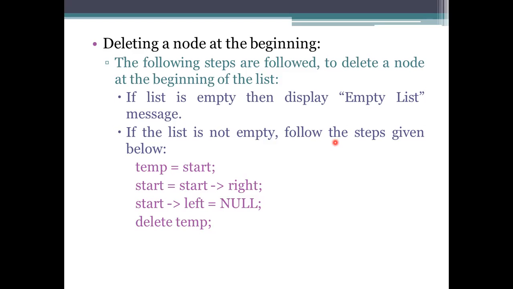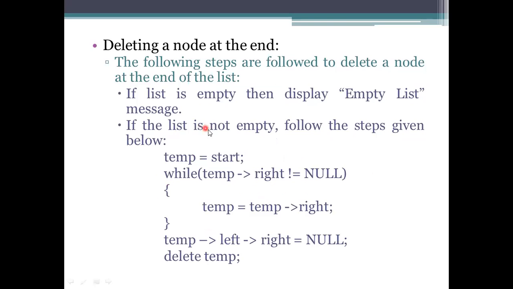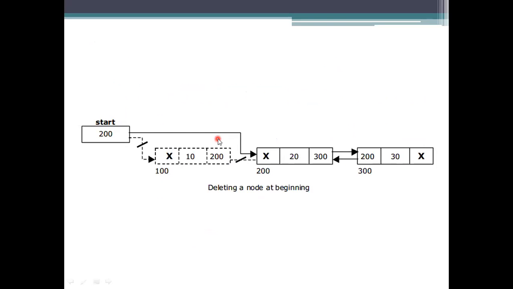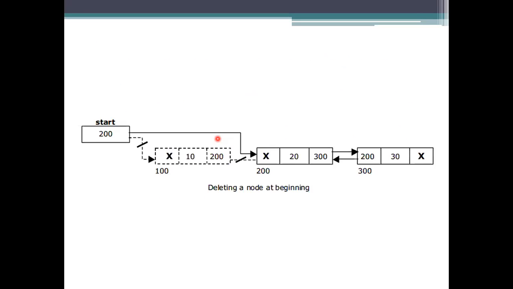And coming to the next part, where it is not empty. How I am going to do this: if it is deleting at the beginning of the list, and you delete the list element directly, you will lose the connectivity to the list. So it has to specify a new link to the start of the list, and then delete that node. So the temporary variable should be start. We need to move this 100 to the temporary variable, and the start has to be initialized to the next starting address, which here is 200.